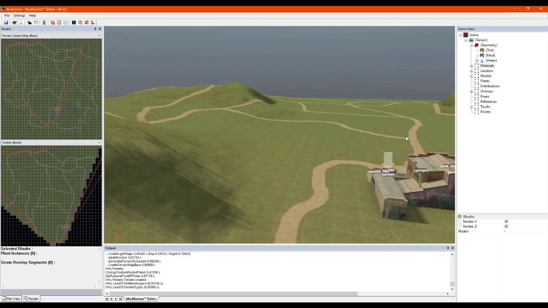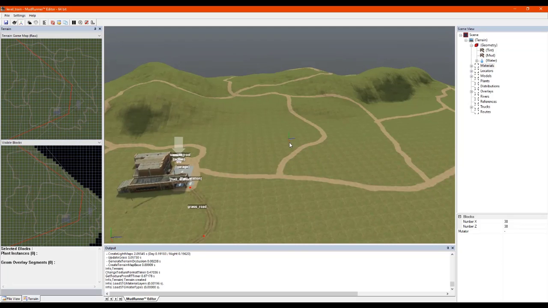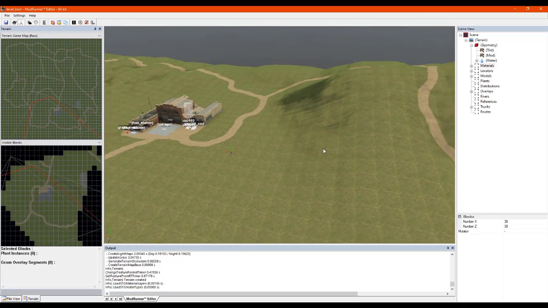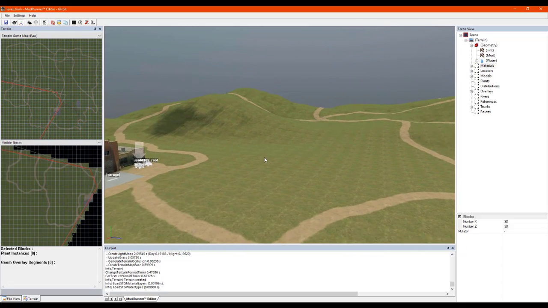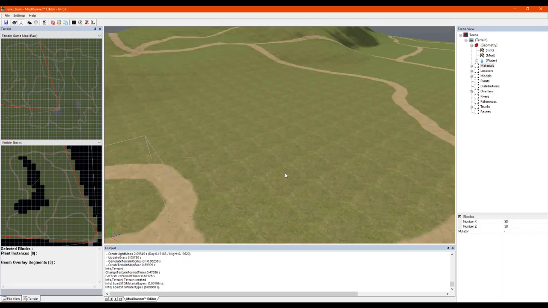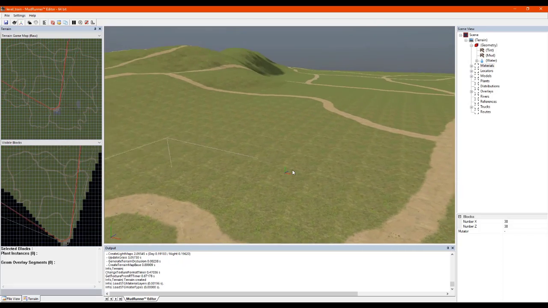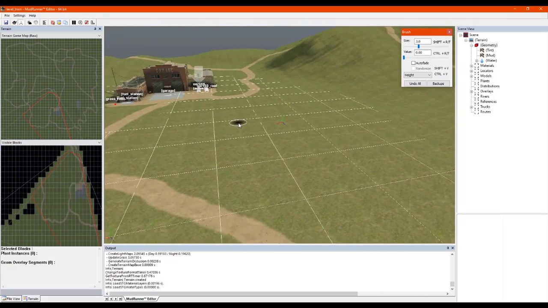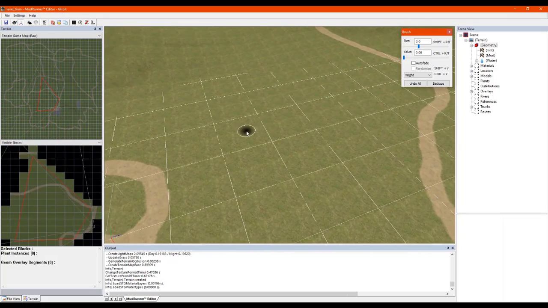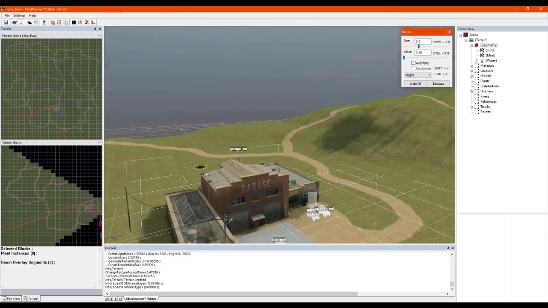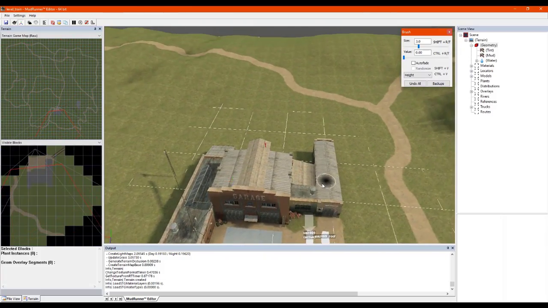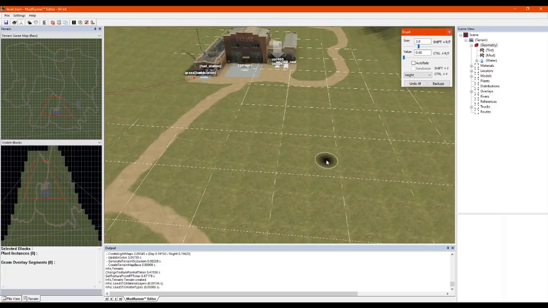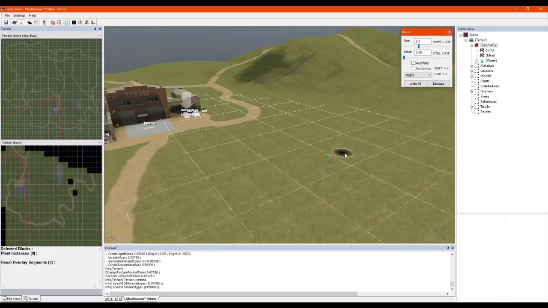Heck, let's do a river. We haven't done a river yet, so let me explain water, because water's kind of funky in the game. It can have some issues. And I like to do stuff where when you spawn into the game, you see something cool, like a cool feature or something. I would have really raised the terrain before I did this, or made this area here. Because this is flat right now, but